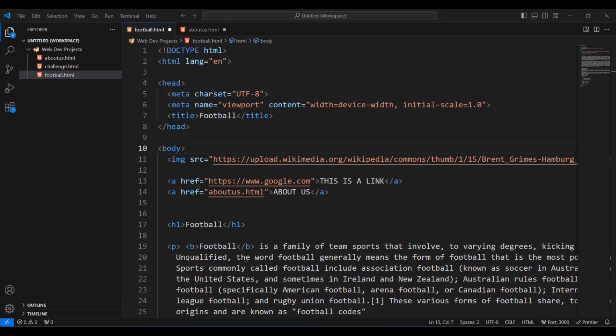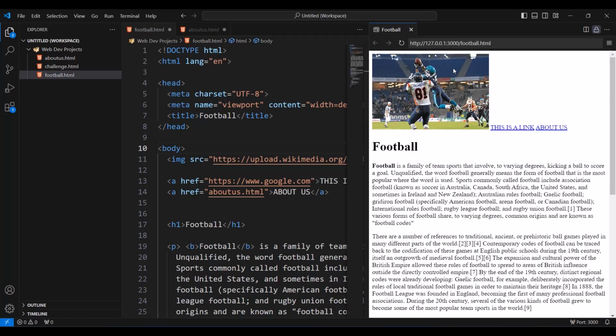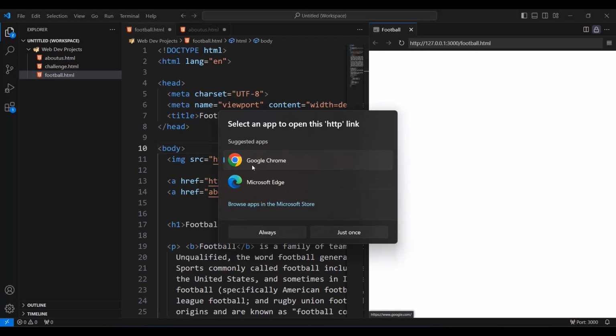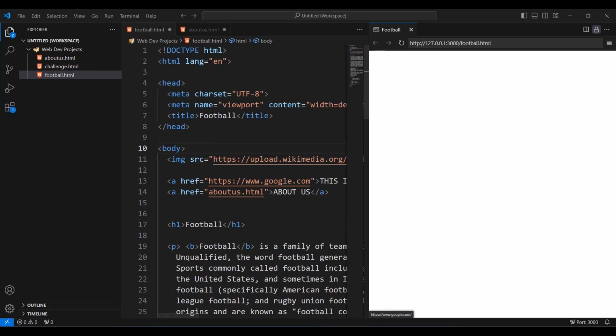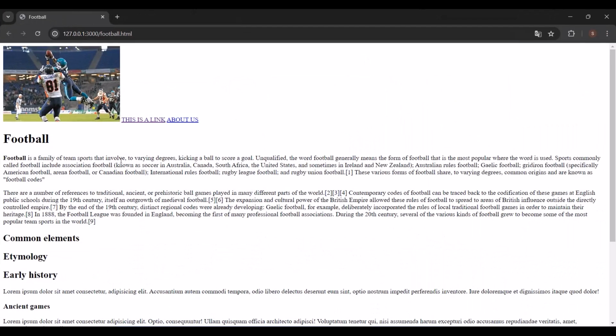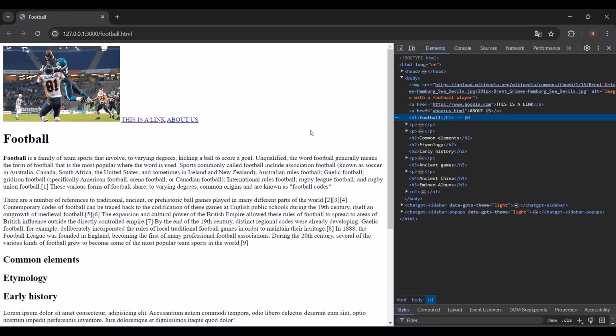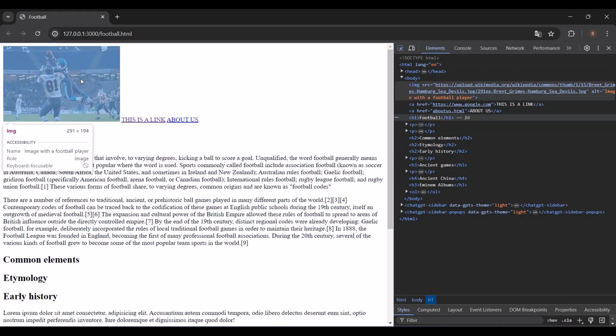Now let's open our page, and with those definitions in mind, let's see what are the inline and block level elements. Now I'm gonna open this with Chrome because I want to inspect to see the HTML code. So I'm gonna open that, and I will bring that here. All right, now I'm gonna right click, inspect, and I'm gonna click on this button, and let's highlight. So first we have the image, and this is an inline element because, as you can see, it only takes as much space as it needs.